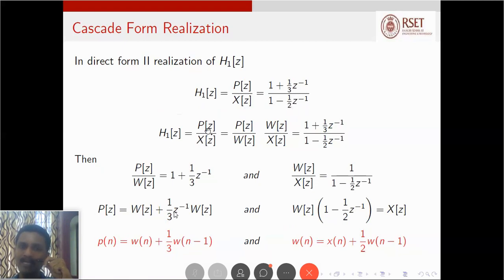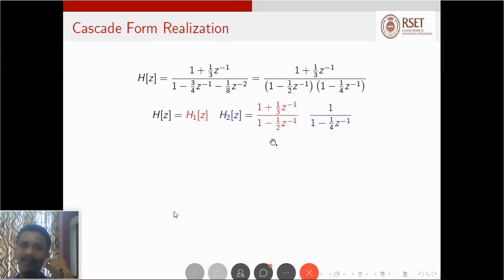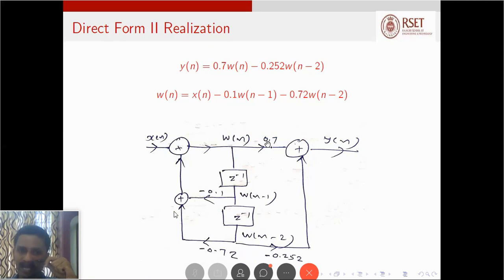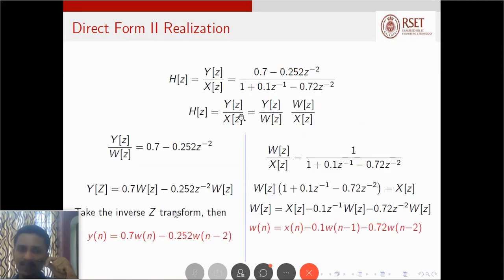So h1 of Z is equal to p of Z by x of Z, which is equal to p of Z by w of Z into w of Z by x of Z, which is equal to 1 plus 1 by 3 Z inverse divided by 1 minus 1 by 2 Z inverse. So you need to split like this: p of Z by w of Z into w of Z by x of Z. You can see that in direct form 2, we divide the entire transfer function h of Z as y of Z by w of Z into w of Z by